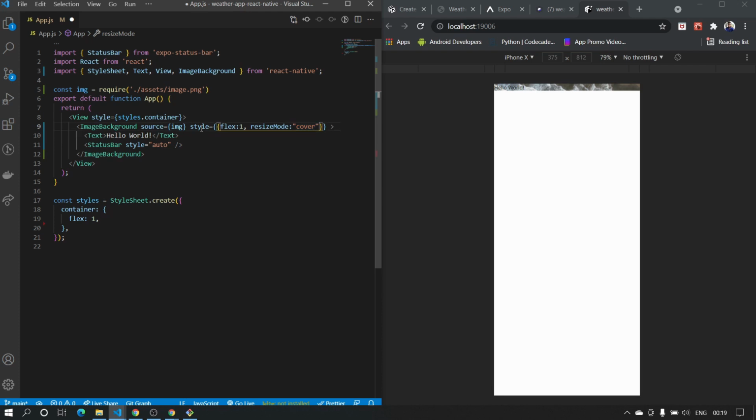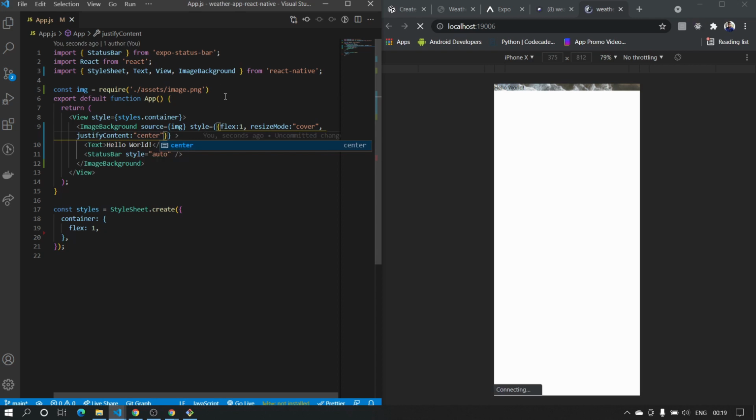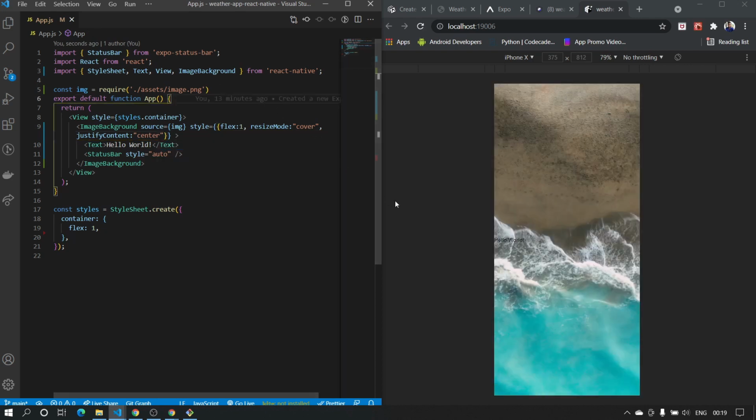Cover needs to be a string. And we'll set justifyContent center. Now you can see the image takes the whole screen and the text is here in the middle.